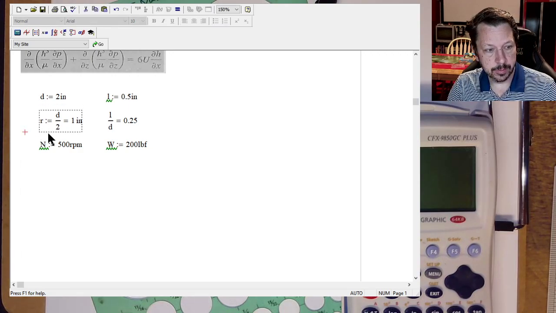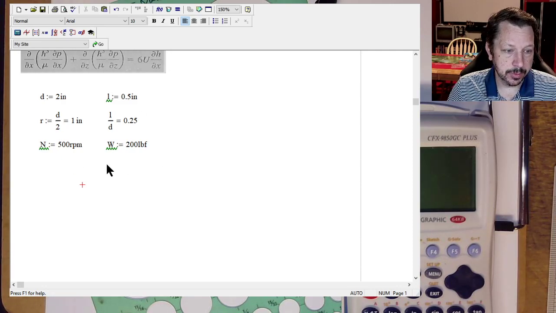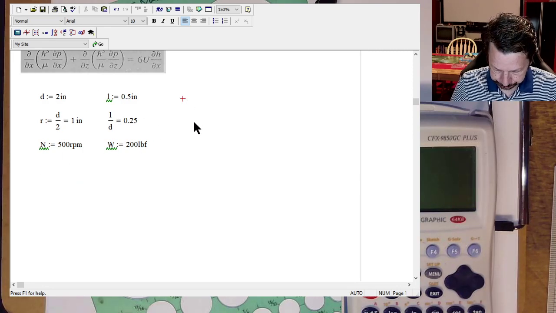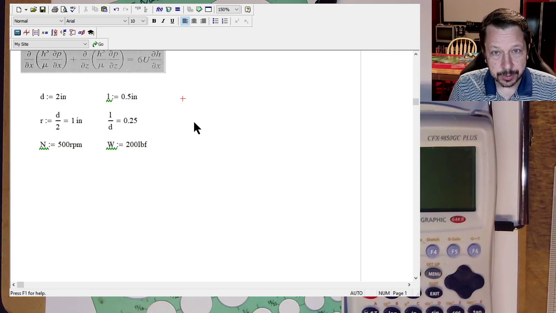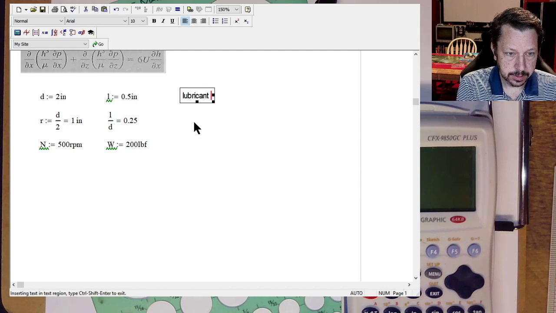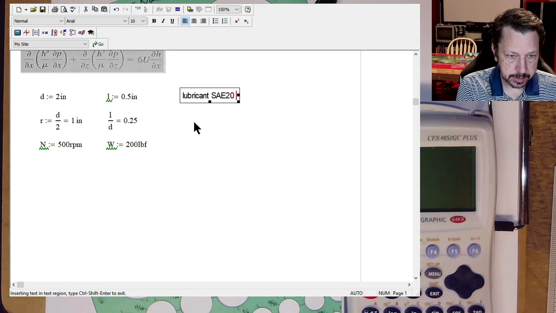And the big thing that we don't have here is the clearance, C. We don't know how much space is between the journal and the bushing that it's in. So that's what we're going to work to find. One of the very first things that, actually there's one other piece of information. We need to know what type of lubricant we're dealing with. So let's use SAE, and I used 20, at